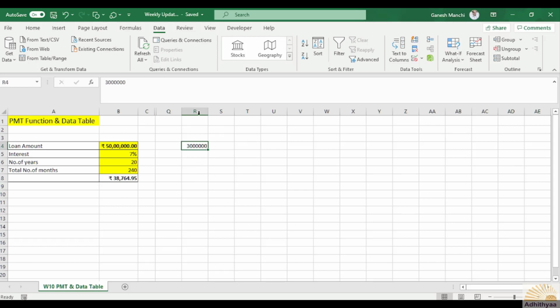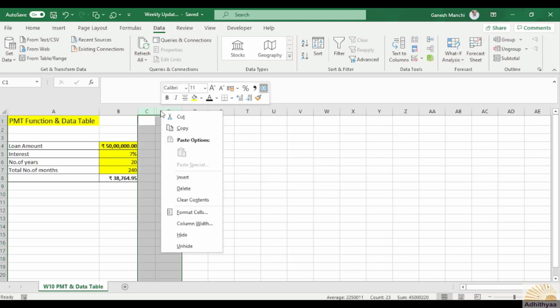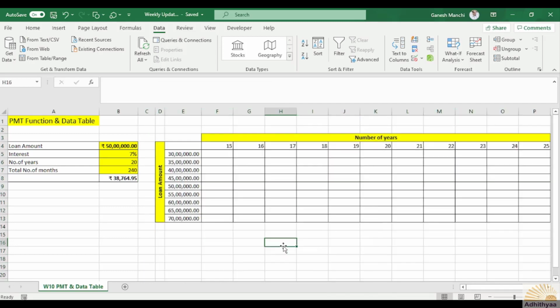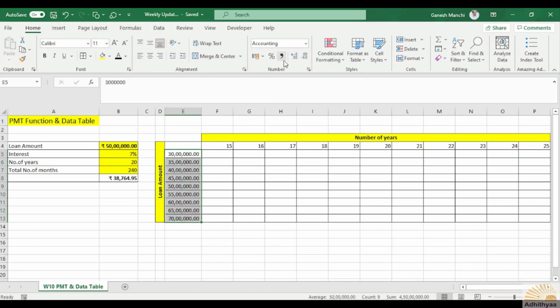I have just inserted the variable here. If you look at this, this is the loan amount in Indian rupees.